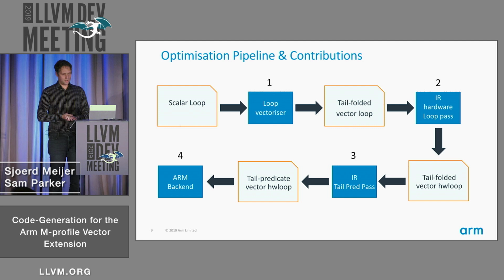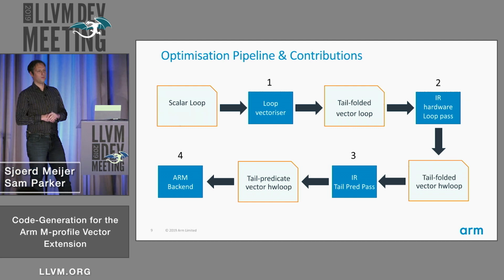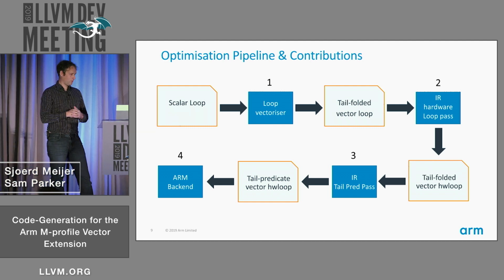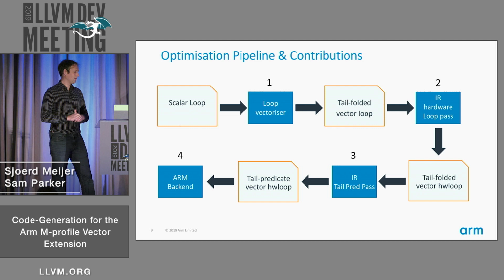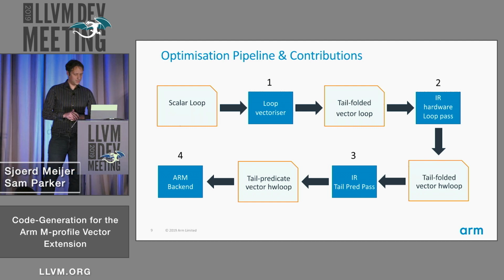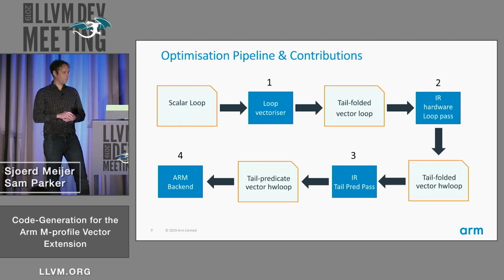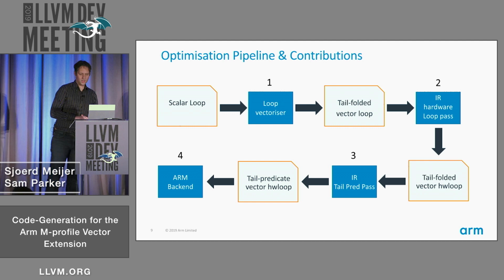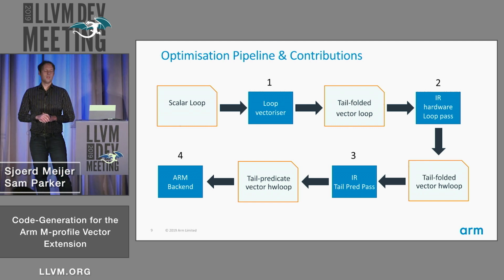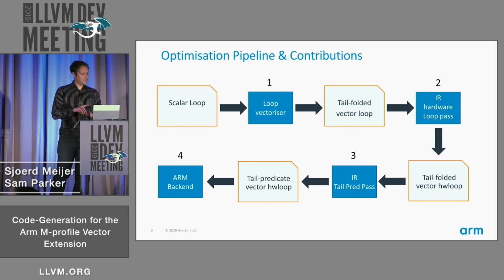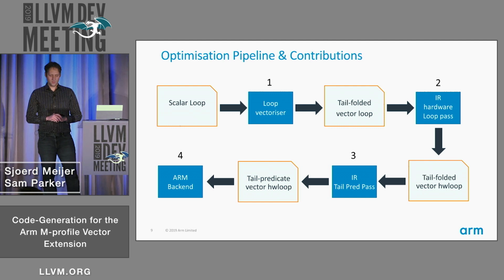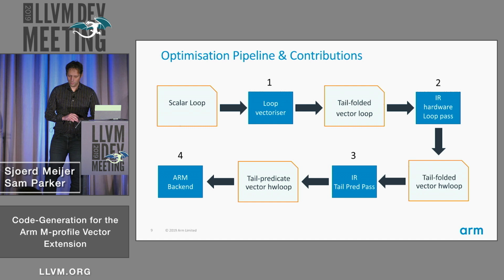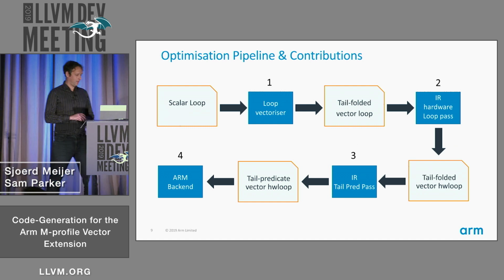Then we do quite some heavy lifting on the IR. That's where we recognize hardware loops. So we use the LLVM loop analysis and scalar evolution passes to recognize iteration counts and loops. So in the second box, the output of that is a tail-folded vector hardware loop. Then we have another IR pass that recognizes this tail predication, so that we finally, in IR, have a tail-predicated vector hardware loop, which then goes into the ARM backend,